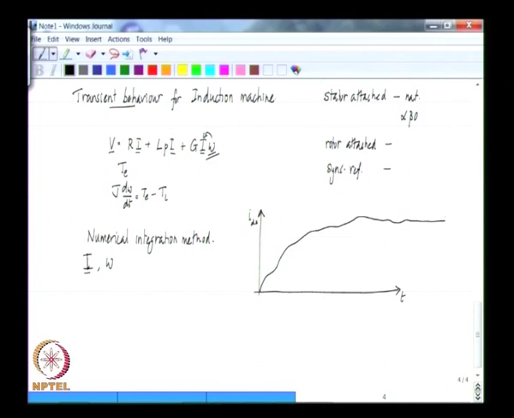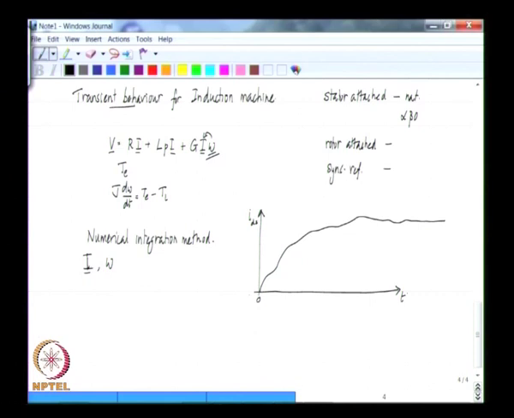So, what we want to do is to compute this entire variation of IDS right from t equal to 0 to some t equal to n time, and the way that is done is you break this entire range of interval over which you are interested for t, starting from t equal to 0, and divide this into small steps of time,